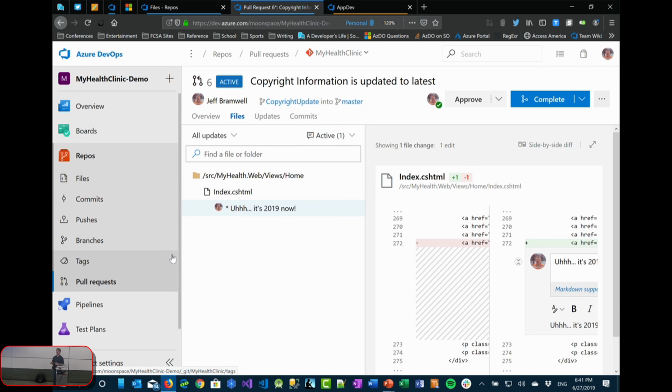Any questions on anything around Git repos or anything like that in Azure DevOps before I bounce out? Maybe I should have asked this question too. How many folks in here are using Git for your source code repos? Okay, so a few of you are not. Are using TFVC, Team Foundation Version Control, or something else? Tortoise. You say Tortoise as well, or TFS? Oh, so TFVC. Okay. Thank you.